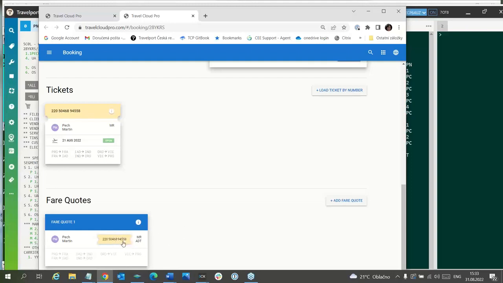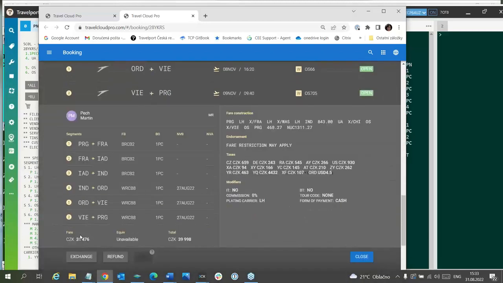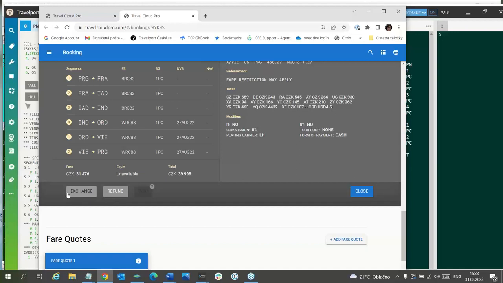If you would like to remove it, you must go to SmartPoint and use a special entry, which is working only in SmartPoint. So we always start with the ticket, and here is exchange or refund.